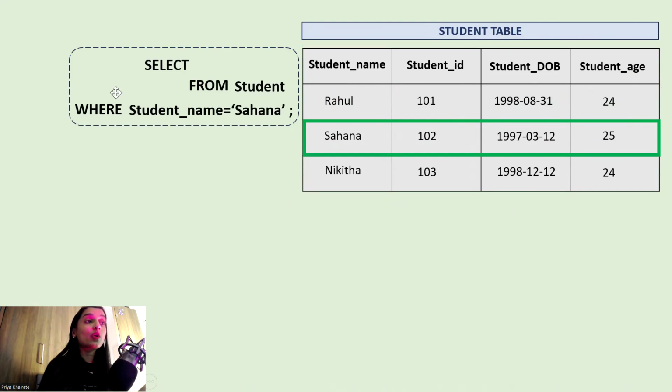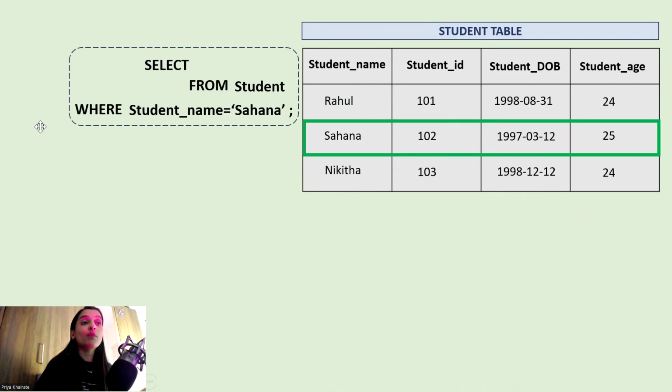So your where clause, where is a clause keyword which supports your command. So where clause will filter your rows. See, it has filtered out 2 records. Rahul and Nikita are not present in the result set now. So student name is a column name. Wherever student name is Sahana, DBMS will check, is this student name Sahana? No. Student name Sahana? Yes. So target this row. Is student name Sahana? No, it's Nikita. Leave it. So it will check row by row. Wherever student name is Sahana, that entire row it will target.